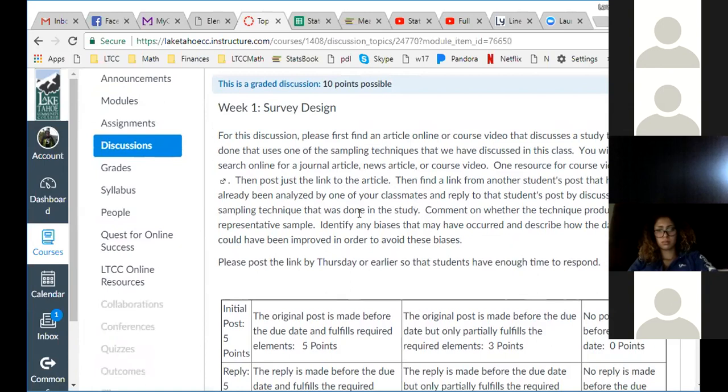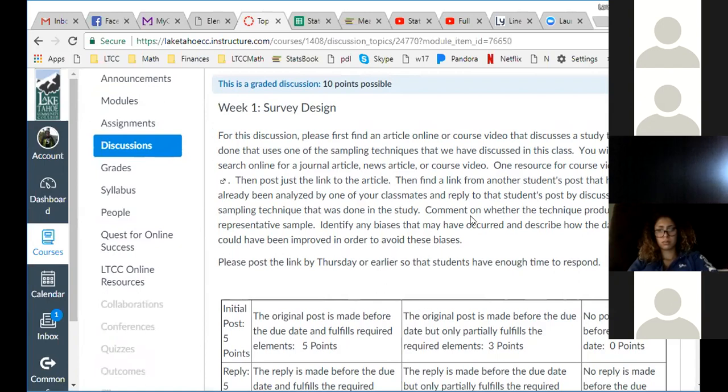And if you're going to be using an online research article, make sure that everybody can get to it. So if you get it through our LTCC library, make sure you write that down. If you get it through your college library and your college is not LTCC, don't do it, because we won't be able to access that. There's login information that it needs, and we're not students there, so we can't do that.